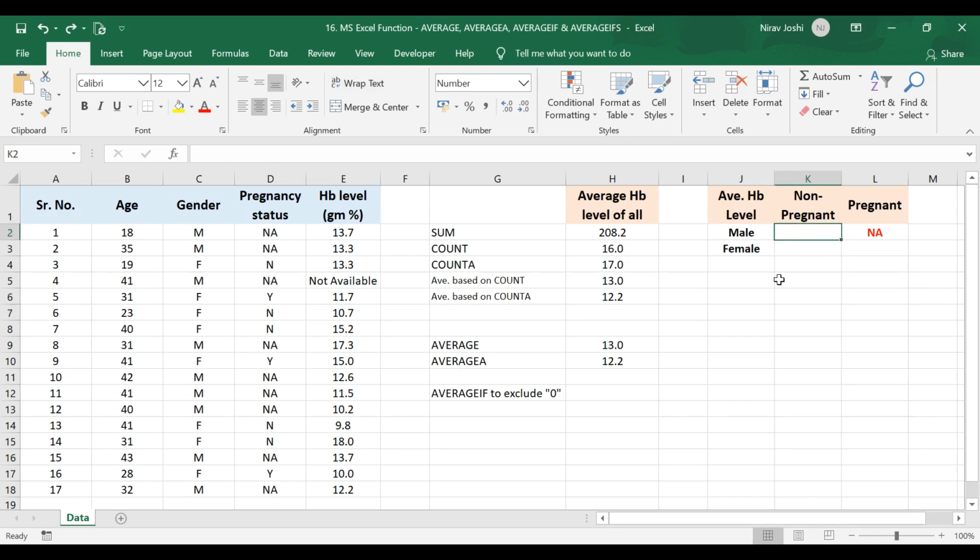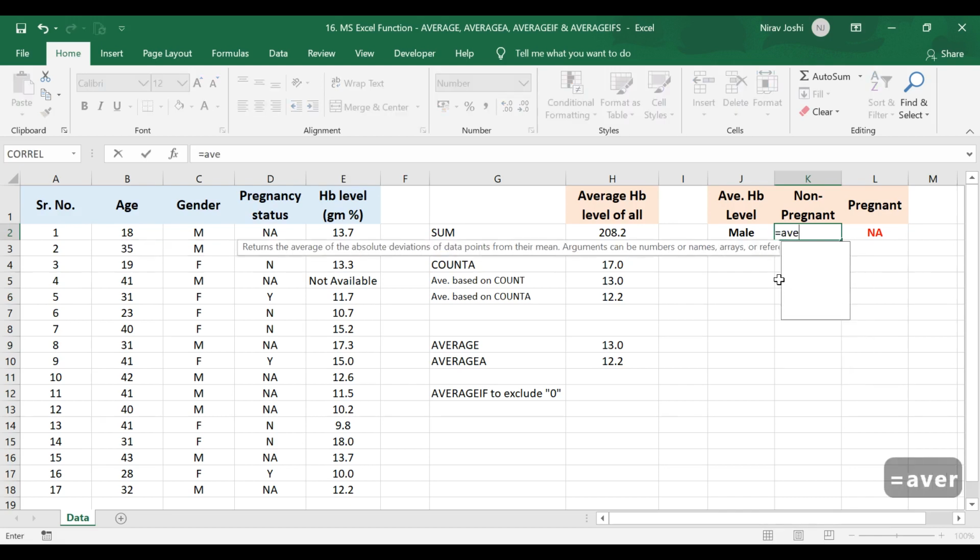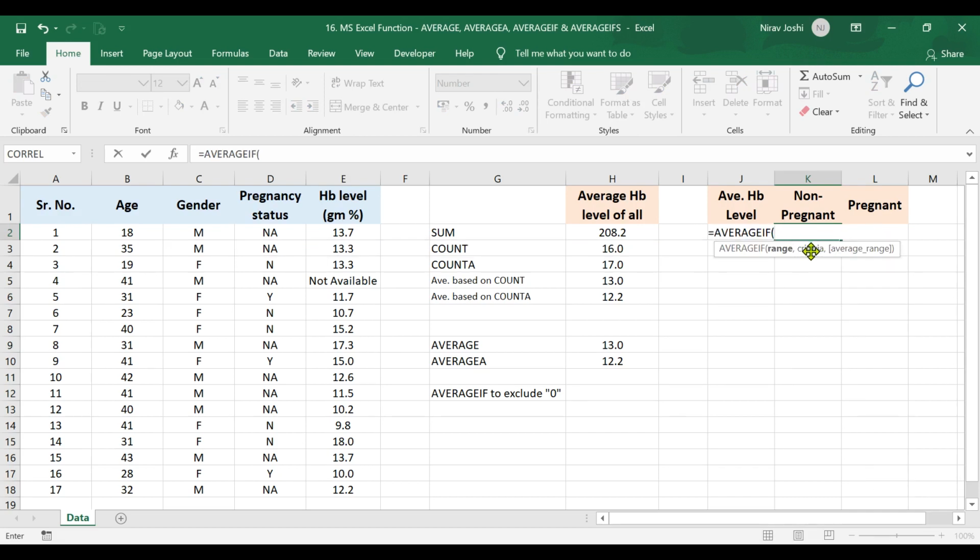So to get the average hemoglobin level for male, we will be using the function AVERAGEIF, and in this AVERAGEIF function, we will apply the criteria for male in this range. So this is our range for criteria which we will select first. Then we need to apply the criteria. As this is a text criteria, we need to use